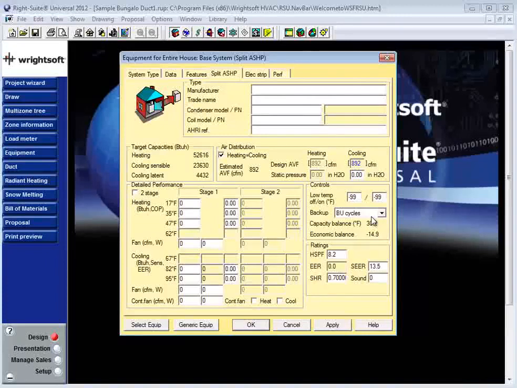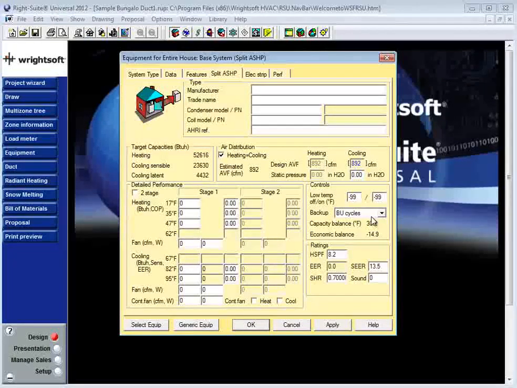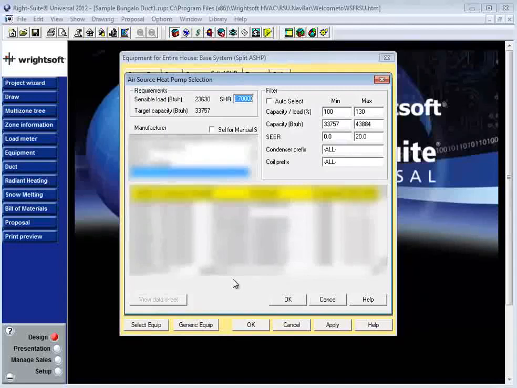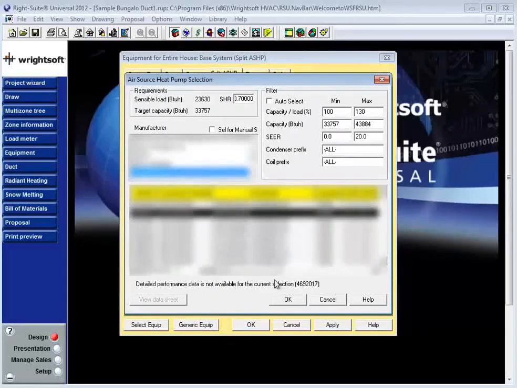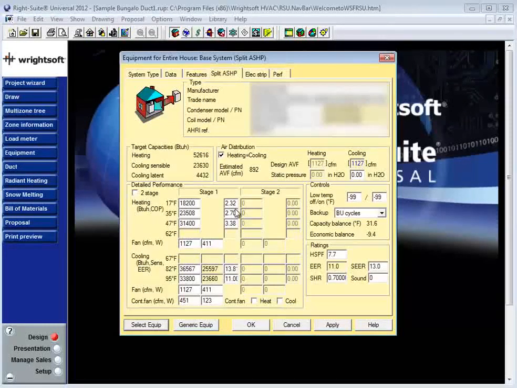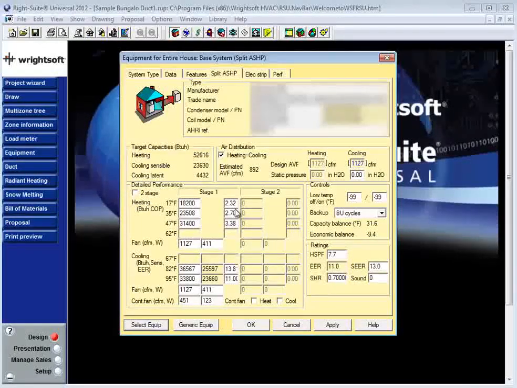If I choose not to select a piece of equipment using Manual S data, if I simply hit the Select Equip button in the bottom left-hand corner, find the equipment that I want to select, and click OK, the equipment data used is all based on AHRI data, which doesn't necessarily tell you the needed CFM to create the ideal operating conditions of that equipment. Bottom line, even if I select equipment from Wrightsoft's equipment database, given that most of the data is AHRI data, if I'm not using the Manual S features, I, the designer, am still responsible for providing this CFM information